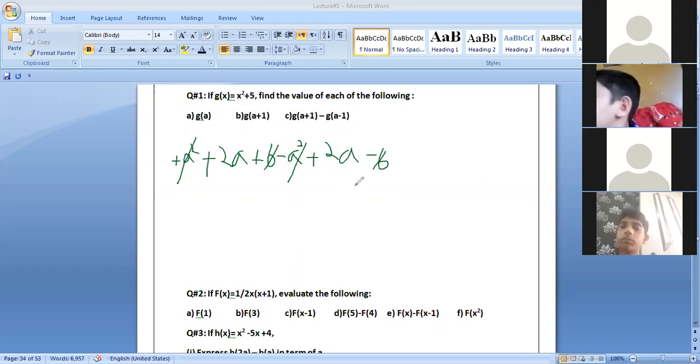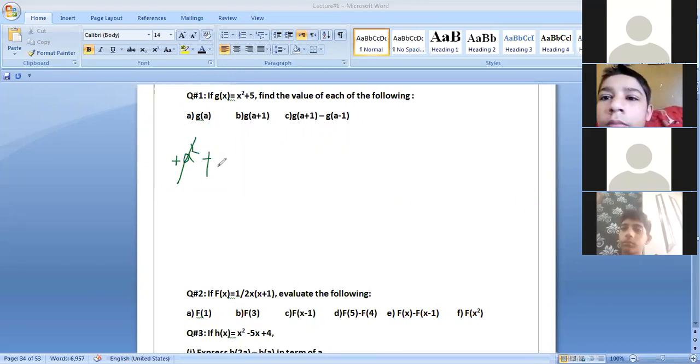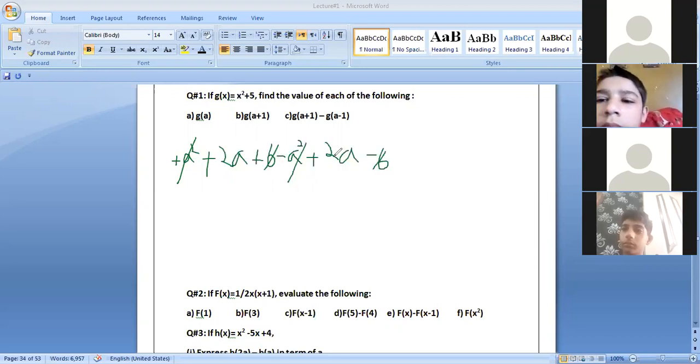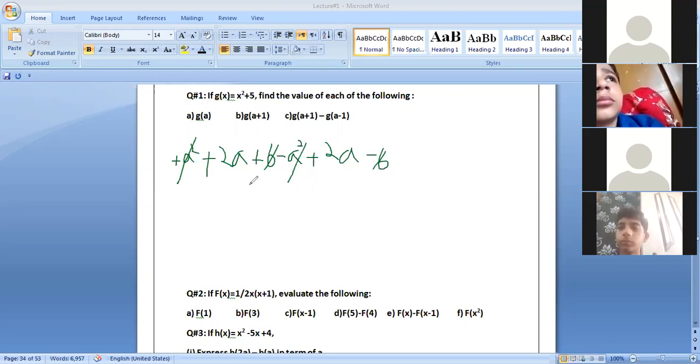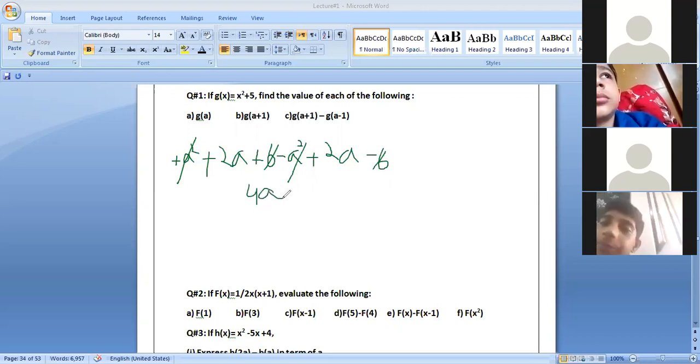मतलब 1a square minus 1 से cancel होके क्या दे देगा? 0. Plus 6 minus 6 क्या हो जाएगा? 0. But they have same sign. ये same sign है. Plus 2a become. अब बताइए क्या आंसर होगा? Now tell me. Plus 2a plus 2a, 2 plus 2, 4a. 4a. Excellent. Is there any confusion class? No. Okay, let's move forward.